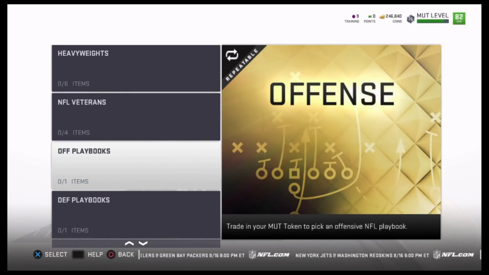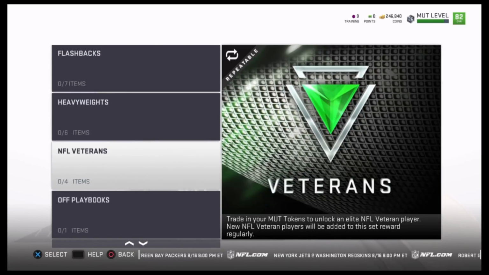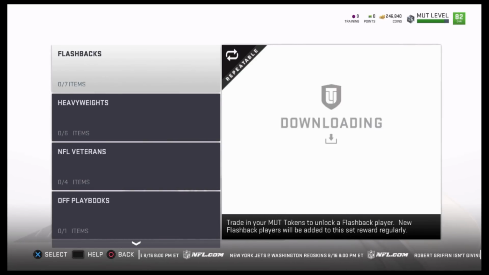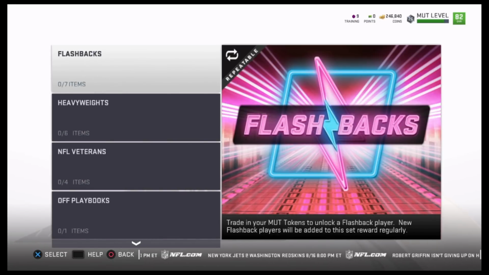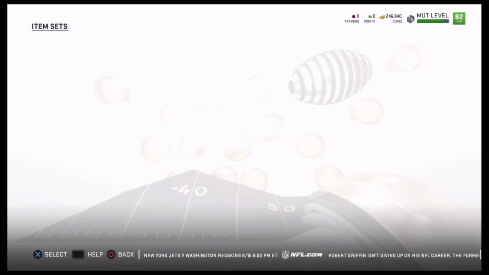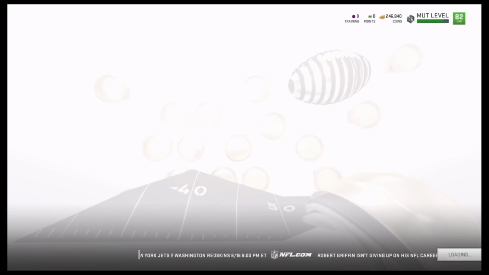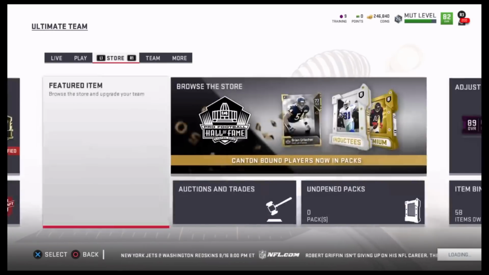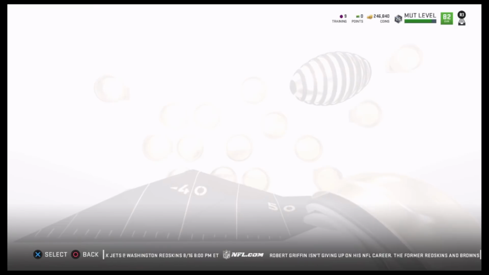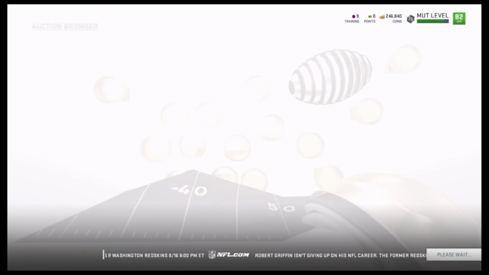Either a playbook, which will sell for like 8-9 grand, a veteran sells for like 50-60 grand, a heavyweight sells for like 70-80 grand, and the flashbacks, which are the hardest to get, actually sell for like 70 grand. I'm talking about the lowest value ones, but the heavyweights actually have higher value, and you can tell that by going into the auction block, which I'm gonna go ahead and do, because for all I know the values have changed. But if you go into the auction block, auctions and trades,